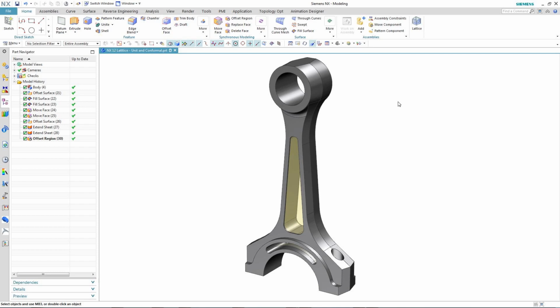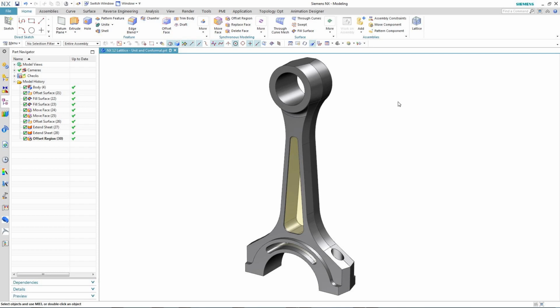can create a lattice that exactly follows the form of more complex shapes. These conformal lattices are particularly useful when you're trying to solve certain problems, such as the uniform cooling of hot surfaces or the cushioning of plastic parts, or if you need to have uniform bone growth for a medical implant. So the inclusion of the conformal lattice type in NX 12 will give the design engineer more flexibility when designing components that need lightweighting. So let's take a look at an example of each type of lattice structure, both unit